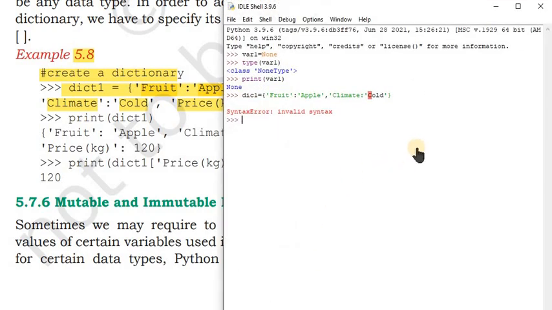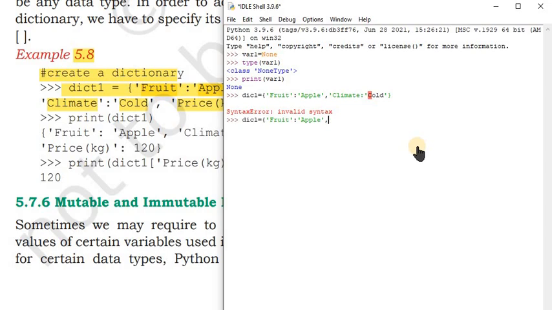Let's start. DIC1, the name of the dictionary, is equal to curly bracket, 'fruit', its value is 'apple'. The single quote is closed, then comma.